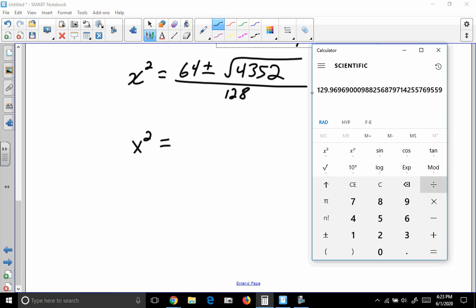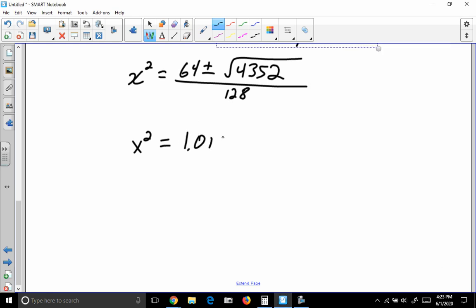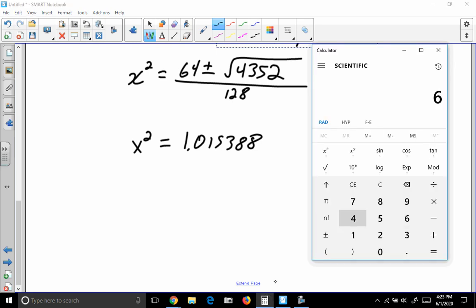So that's the numerator divided by 128. So that's x squared. Let's keep 1.015388. Then if we do a minus, we have 64 minus the square root of 4,352